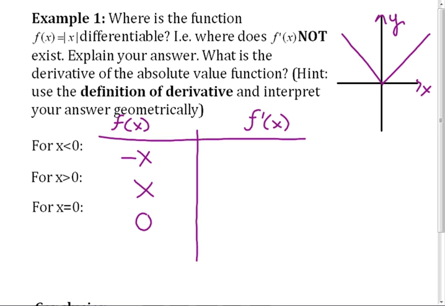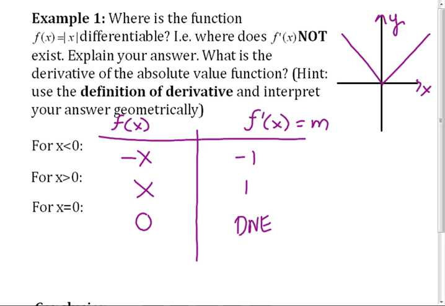Now, we can use the definition of the derivative. Let's just use derivatives. What is a derivative? It's the slope, right? What's the slope on the left side? -1. On the right side, it's 1. And here, it does not exist because